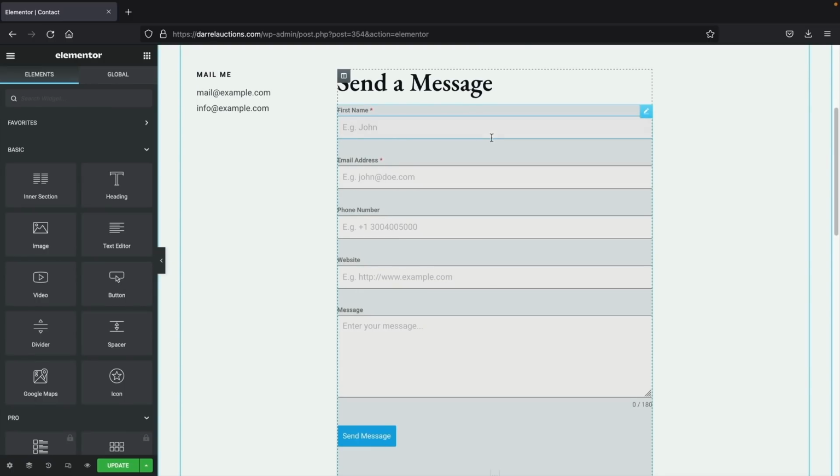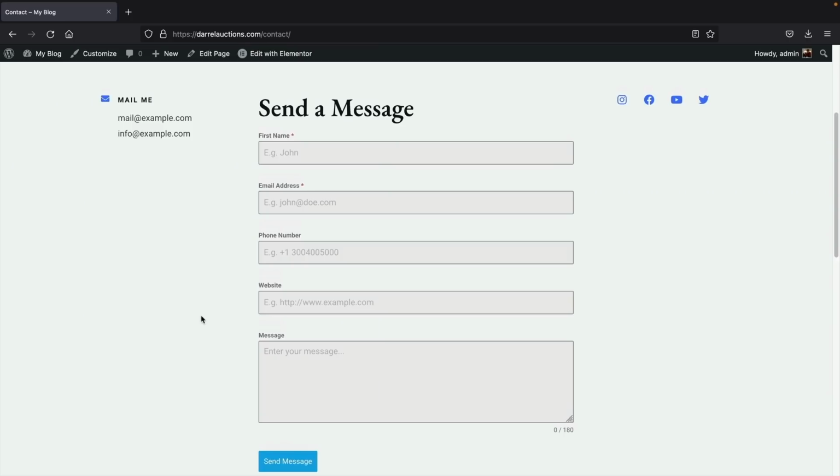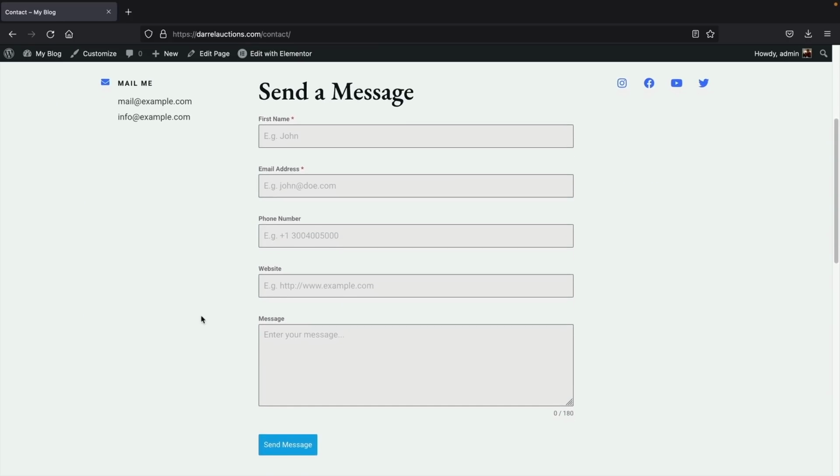Just remember, you guys can change the appearance. You can change the color and the fonts in the appearance section of the actual contact form. So let's go ahead and click on update. All right, cool. So now that we added our contact form, now we need to let the contact form know where to send the emails. So let's do that. Over here, we'll go to our dashboard